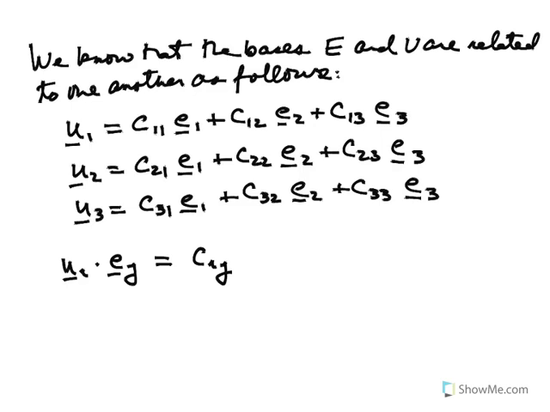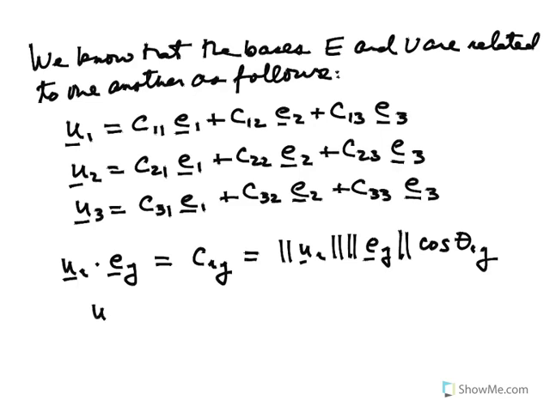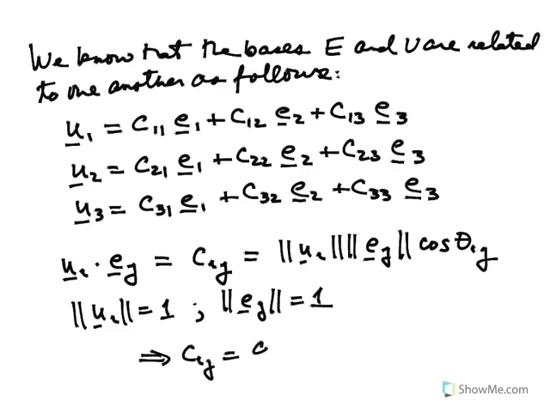But you can actually see that the dot product, or the scalar product, between these two vectors is also equal to the magnitude of the first vector, which is Ui, times the magnitude of the second vector, which is Ej, times the cosine of the angle between these two vectors, which I'll denote as theta ij. But because these are unit vectors, because they're both bases, the magnitude of Ui is equal to 1, and the magnitude of Ej is also equal to 1. So that tells me that Cij is equal to the cosine of theta ij,